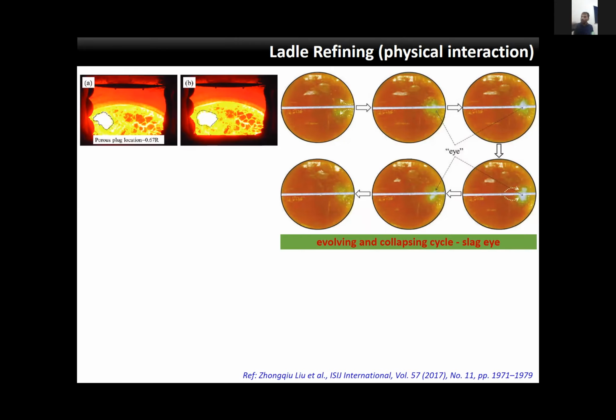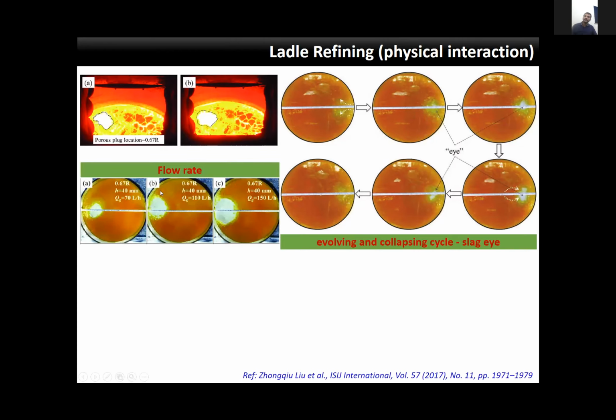Up to the critical argon flow rate, which is what I'm naming it, your mixing will be better. Whatever you are adding in the ladle will get mixed properly. So through the water model, you can identify this critical argon flow rate, which you need to maintain in the industry so as to improve the mixing efficiency or bring down the mixing time. If you are operating with a higher argon flow rate, you may not get proper mixing. You will end up with an extended mixing time, and may need to give additional time for mixing.